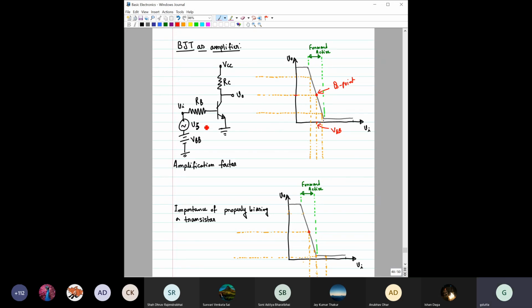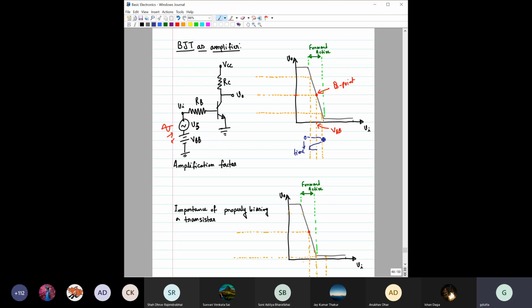Now on top of it, we have an additional signal source which is VS, and VS is a sinusoidal signal source. So VS is changing with time. Let us see how we can demonstrate it. Say VS is changing like this, sinusoidal, and here say this is time 0, and time is increasing in this direction. Now, if this is the amplitude of the signal, the peak to peak